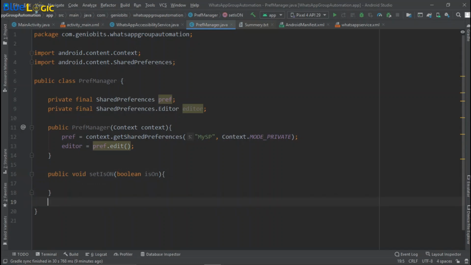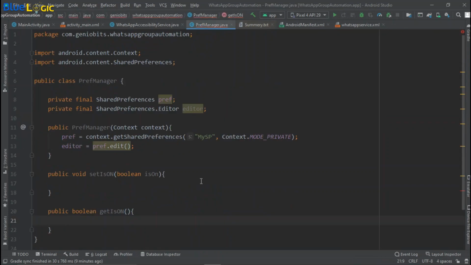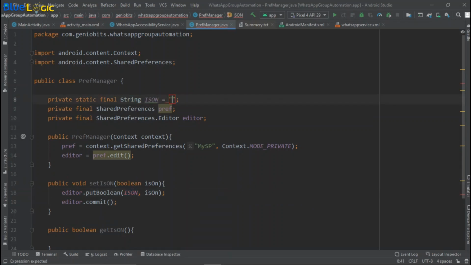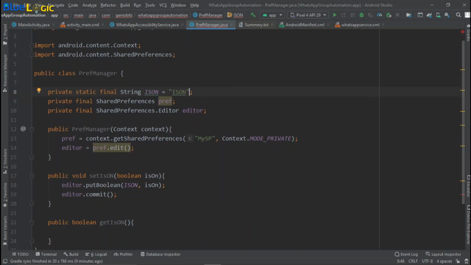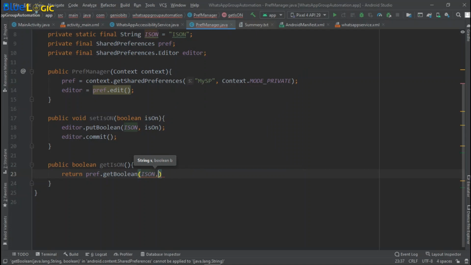And then the second method is to return this flag, public boolean getIsOn, and this will return the boolean. Okay, so editor.putBoolean and editor.commit, and after that preference.getBoolean. So we'll just create one variable to store this string, and the name of this variable is on, and the default will be false.